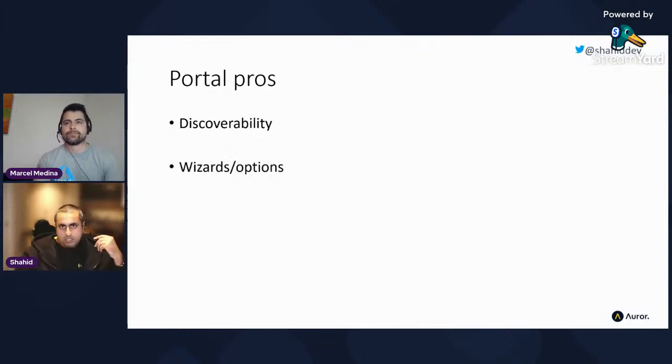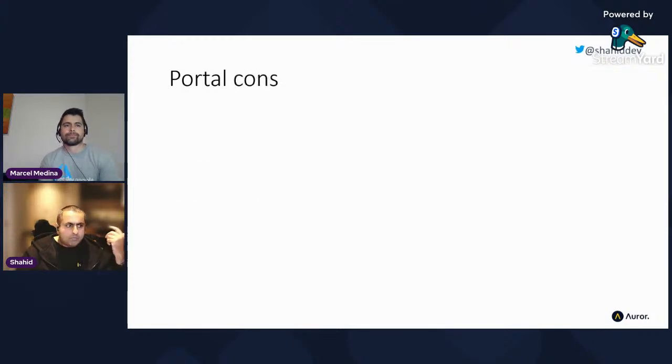When you are trying to provision a resource, there's often wizards that guide you through the steps, and they give you options that you can pick from a list. And all of these things are really key in order to provision a resource, because there are essentially parameters you need to pass to the cloud provider, and the portal really helps you with that. Another key area with the portals are they generally will validate your input. So if you're trying to create something with an invalid name or something else, they will generally give you an error and stop you there. And all of these really make your first time experience working with cloud infrastructure generally not too difficult to get started. Of course, there's some drawbacks with this approach.